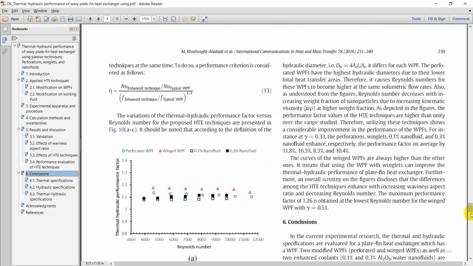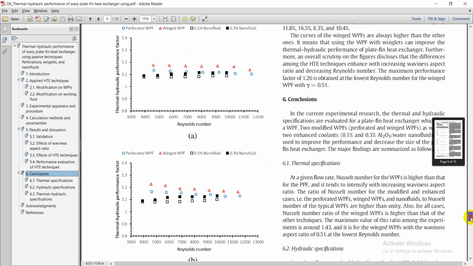As we need the percentage, we need some digits like this one. The maximum value you can see here. The maximum value ratio among the experiments is around something like this, which is, I mean, the thermal specification. Okay, when it's on the wavelength aspect ratio is like this, you can copy this information and put in your